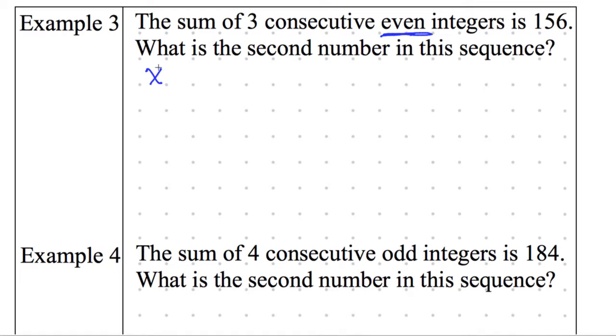So what's the next number in there with a quiet raised hand? Julian? X plus 2. Yeah, very nice. And then after that, Julian, it's going to be? X plus 4. Oh, yeah, it's x plus 4. And that's it. We only needed 3 numbers. 1, 2, 3. There they are. All right, that's as much as I'm going to say. Go ahead and solve example 3 on your own.